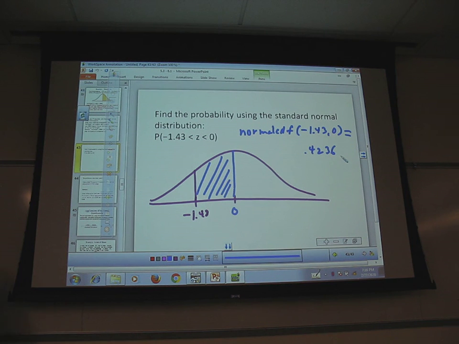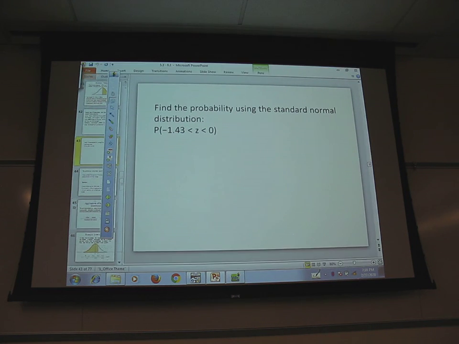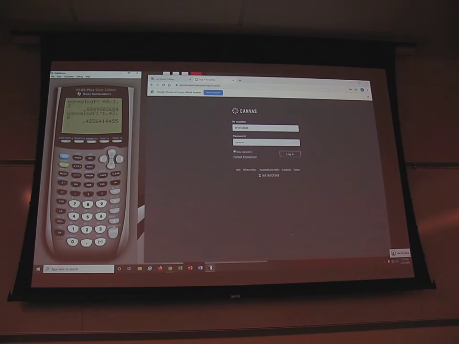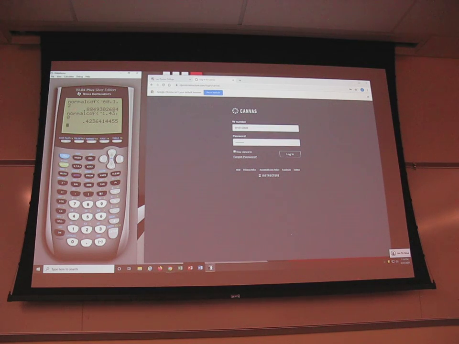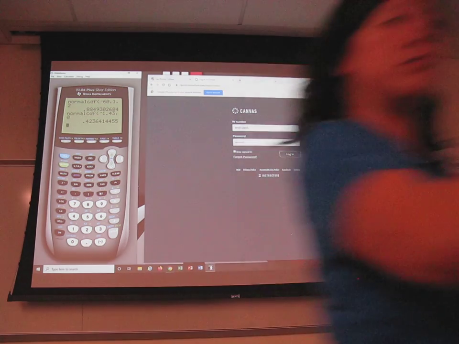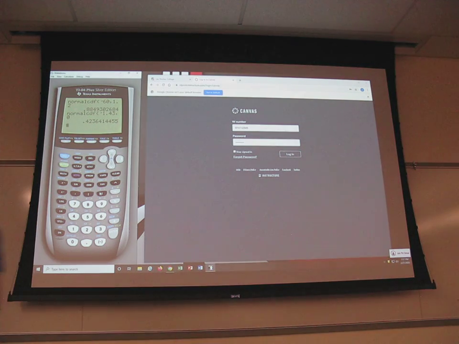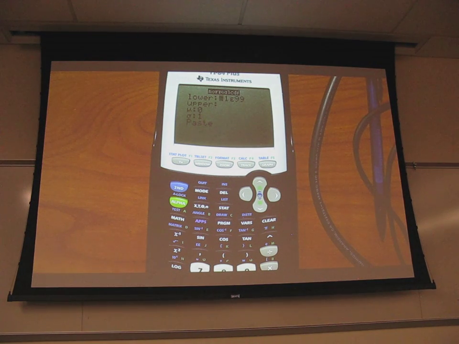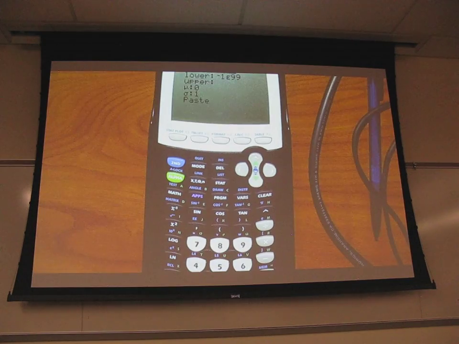Okay, so that's one last thing I want to talk about very quickly. Some students' calculators work differently, so if you have a fancy calculator, like the 84, I'll show you guys really quickly. If you have a fancy one, then you get this instead. The lower one is negative 1.43, negative, zoom out a little bit,